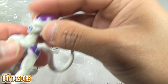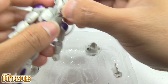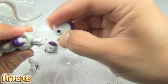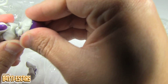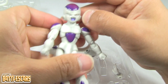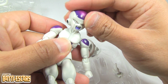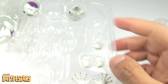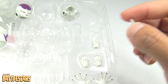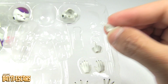It just sits on it like so. There you go. So now Frieza is angry, and you still get the same articulation and the same effect. So let's look at the hands now. He comes with several pairs of hands. He has his pointing finger hand, where he's maybe shooting,